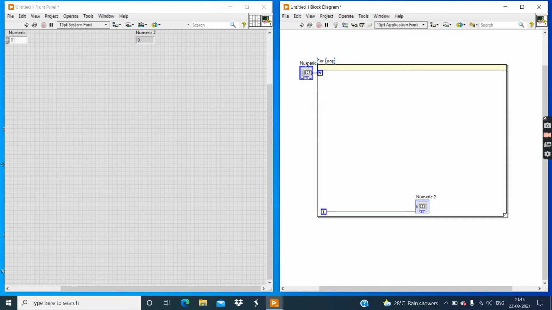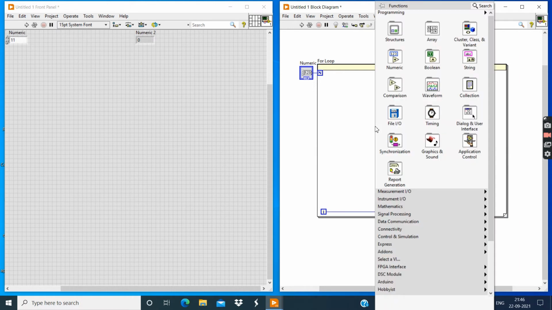Now again I want to explain this n terminal. The count terminal indicates the number of times to execute the code inside the for loop, and this iteration terminal indicates the number of completed iterations, and the first iteration starts from 0. Now if you want to see every iteration, connect a time delay of 1 second.